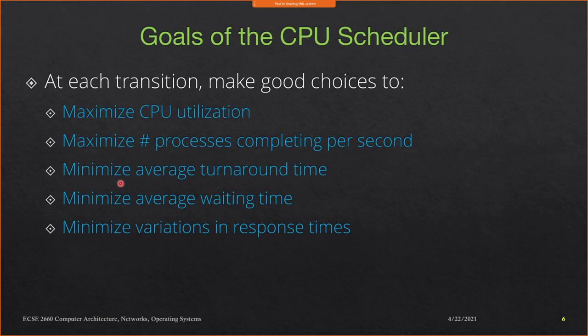Or you may want to minimize average turnaround time. Or you may want to minimize the time that a process or a set of processes on average spend in the waiting state. Or you may want to minimize variations in response times. So for example, if there are big variations in terms of burst times for a particular